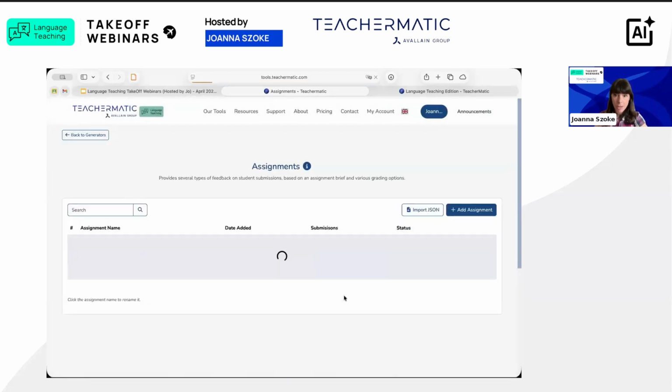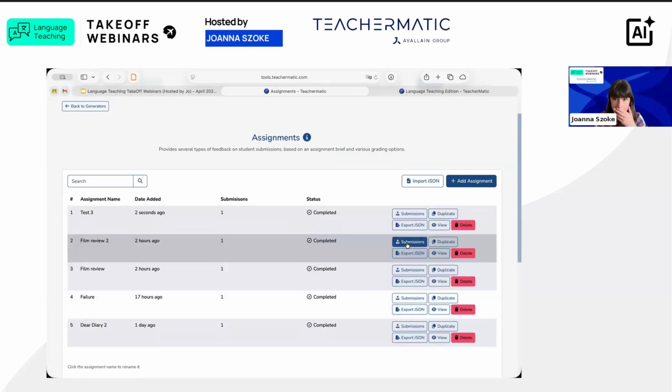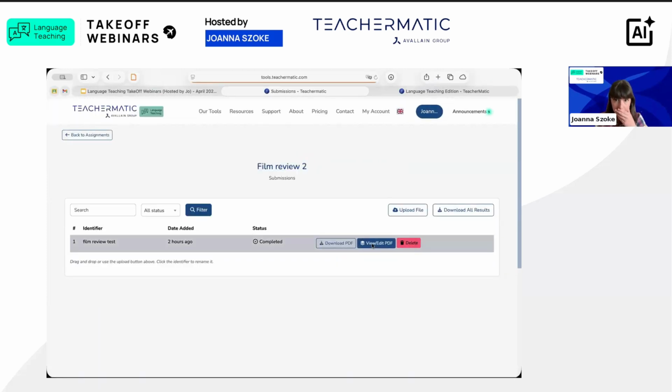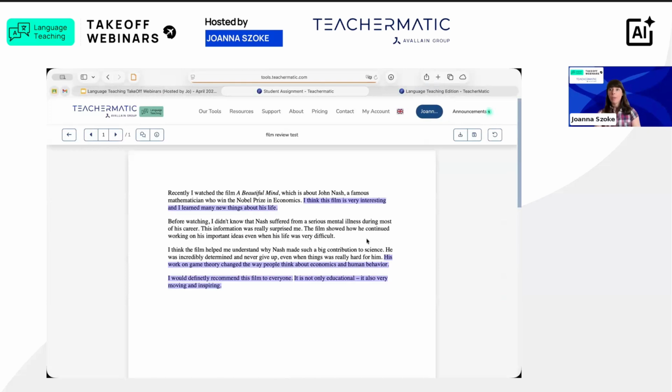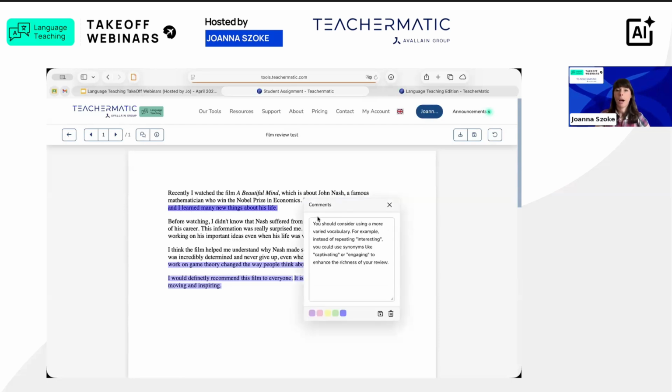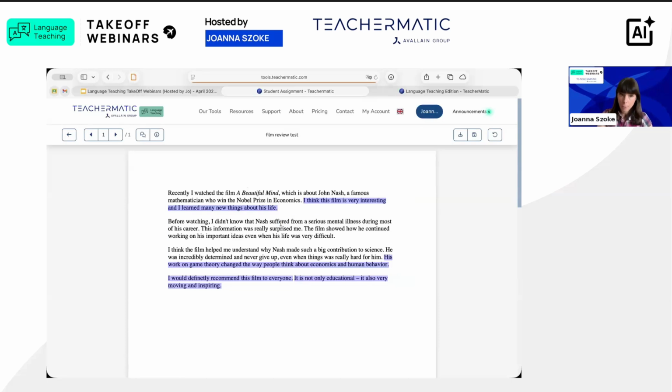And what I want to show you as well is the annotations. I'm just going to try and find it. I think this will be the one. Yes. So when you upload a text-based submission, it will be on the slides, but it can be PDF or doc, you get this auto AI-generated annotation. For example, one part is highlighted and you get a comment. You should consider using a more varied vocabulary. Perfect. But you can also add your own